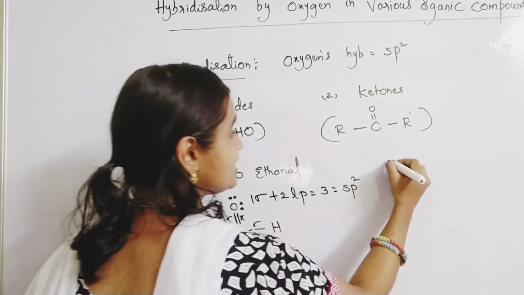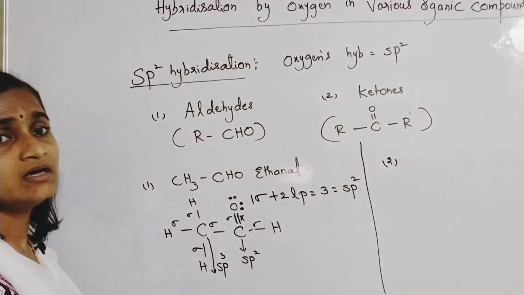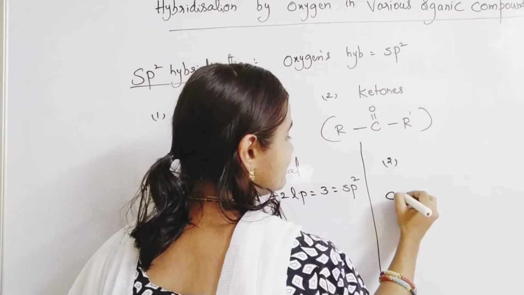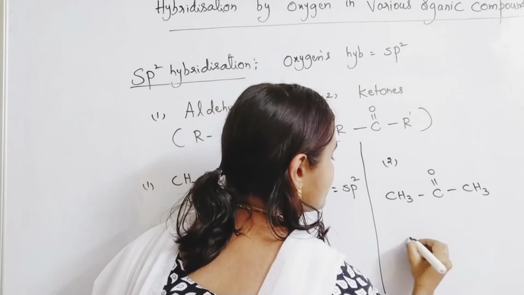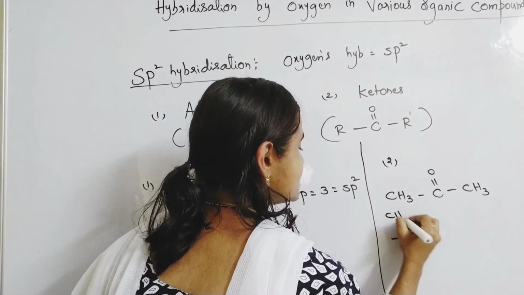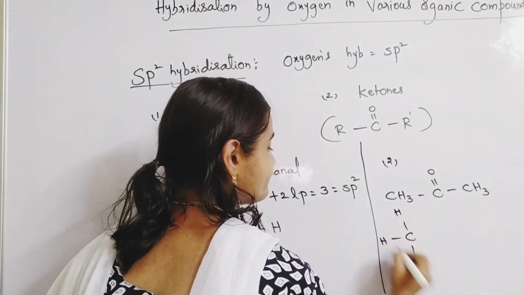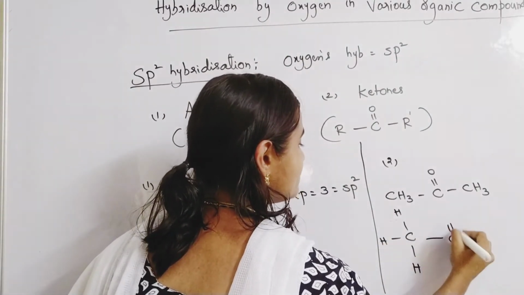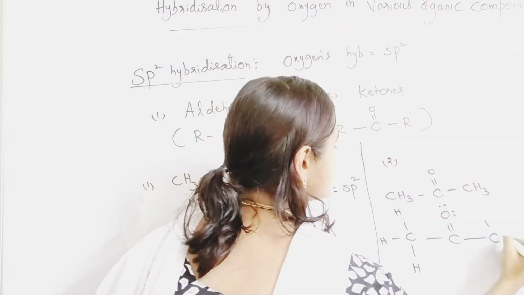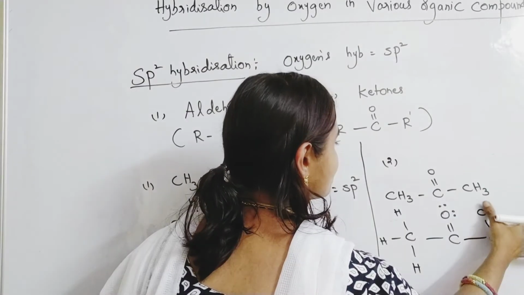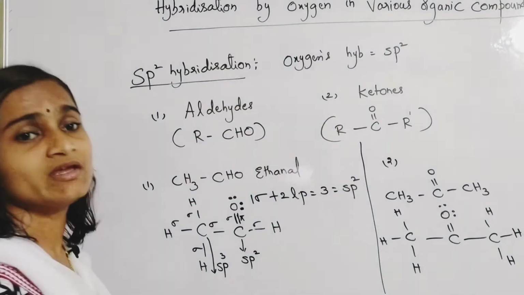Same like that, you can take the example of one ketone. Propanone we will take, CH3, C double bond O, CH3, propanone. So each carbon on the terminals will exhibit what? sp3. The middle carbon is double bonded with oxygen, and oxygen has 2 lone pairs. So this is the structure of what? Propanone.